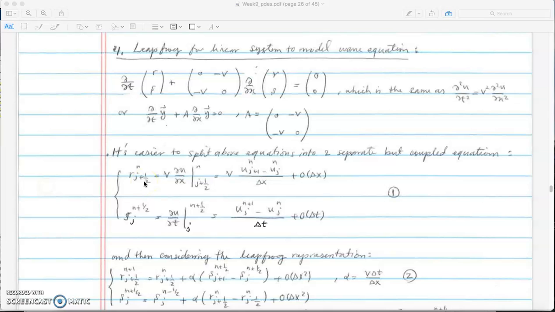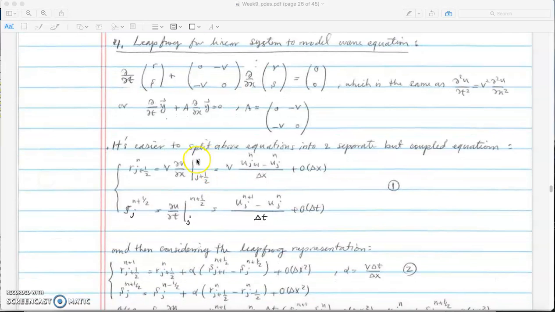So we need to know r at point n and spatial coordinate j plus half. By definition of r, which is v du dx, we need to discretize this at n and j plus half. That means we center this at point n, and then we take the derivative with respect to x, centering at j plus half. That's why we have j plus 1 minus j. So this is a central difference